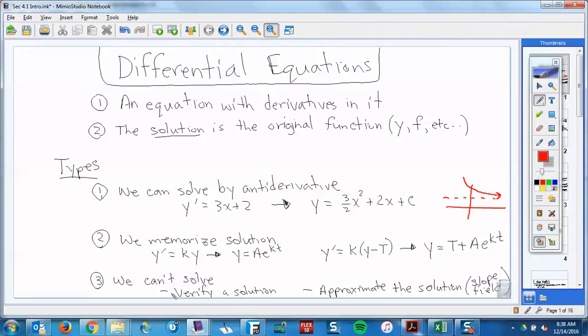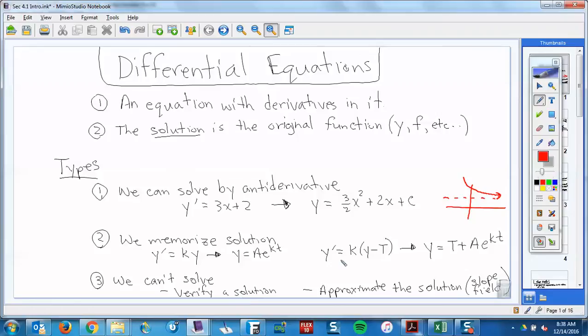All right, then the third type was, hey, we don't know how to solve it, but we could verify the solution with the T-chart. We could show that something is a solution. Now, notice I also added something else over here. This is the other new thing we're going to do today. We can approximate the solution by drawing what's called a slope field. Okay, and those are the two things we're going to do today: the Newton's law of cooling,